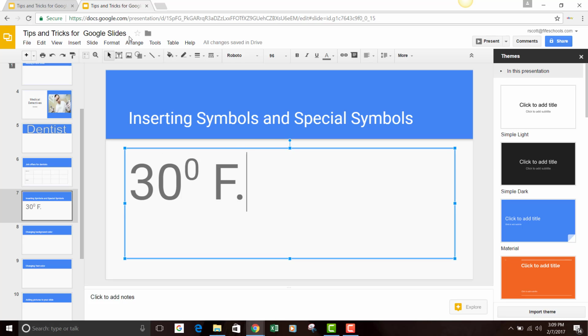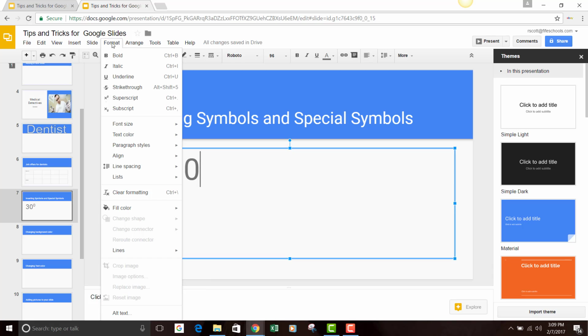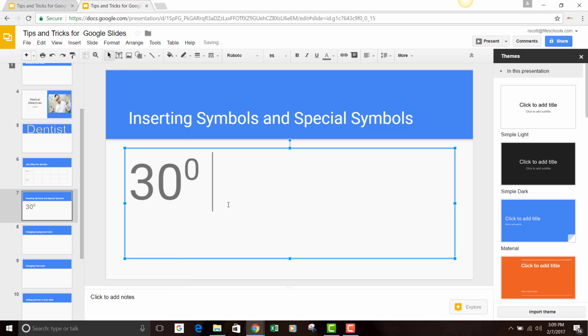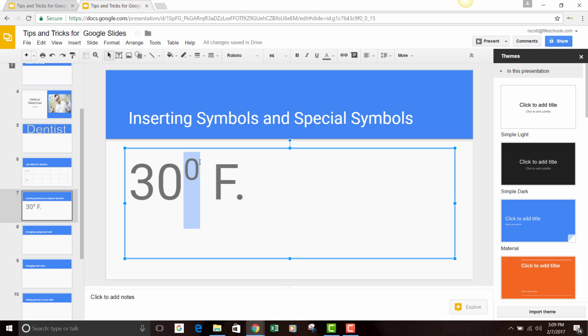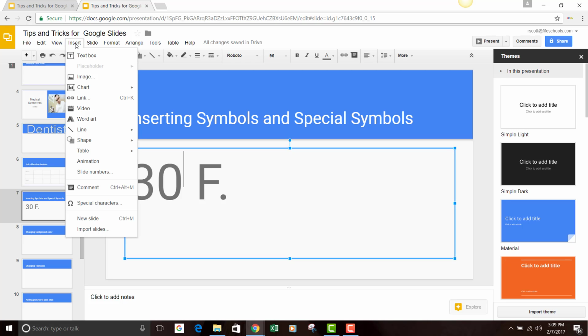So I hope you saw that. I was in superscript. I came up here again, hit the format button, hit the superscript again. It goes back to regular letters, and then I can hit Fahrenheit. Okay, so that's one way of doing it. Now another way of doing it is simply deleting that and then going out and trying to find a symbol for that. So if I want to insert, come down here,